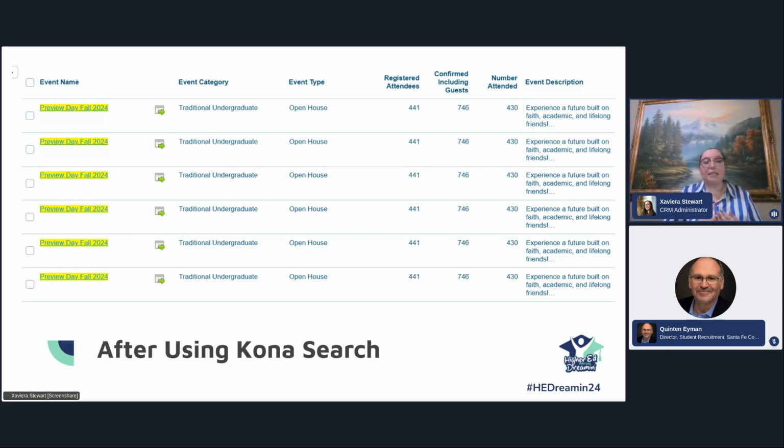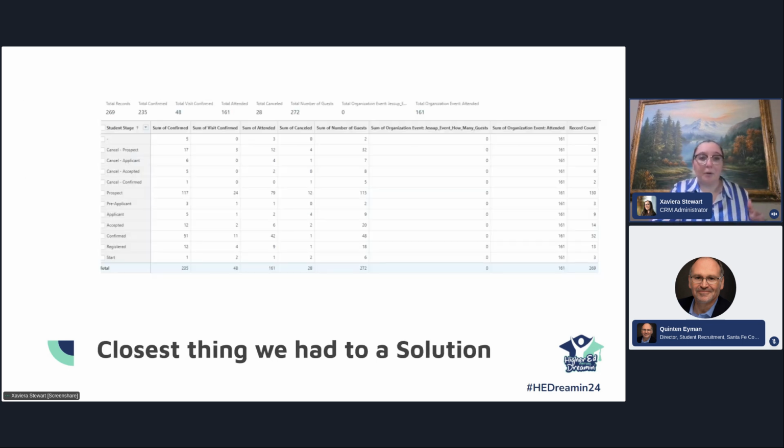So it is really nice. And in here, we're able to see a little more information, specifically the type of the event, the category of the event, the number of students that attended, the registered attendees, the total number confirmed, including guests. If I go back a slide real quick, you'll see here that we